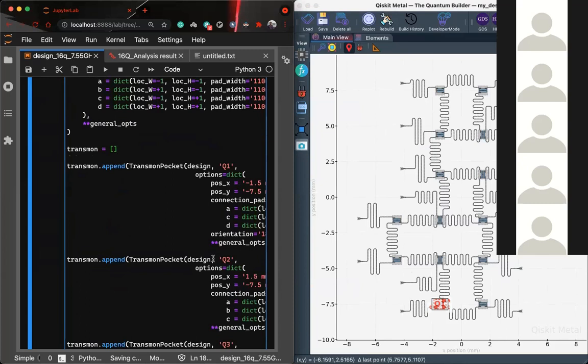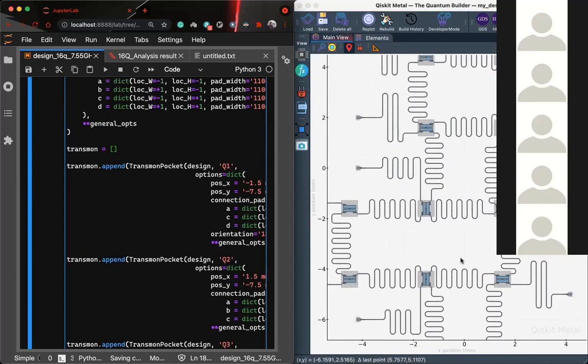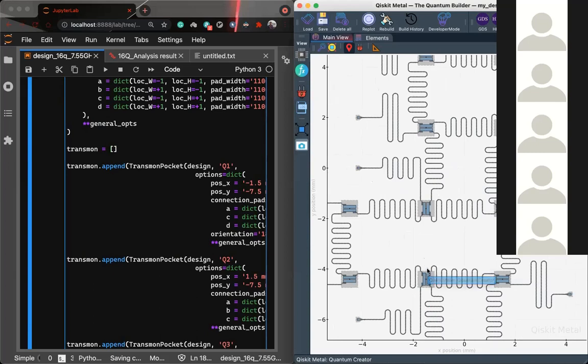Okay, but in real hardware design, you don't. So let's say I send a microwave pulse to this qubit. I don't want this qubit to interact with the other qubit it is connected to. So what I generally do is detune the frequencies of these qubits. So if this qubit is at 5 gigahertz, this qubit would be at some 5.1. This qubit would again be at 5.1 because these two are not directly connected. This one and this one are not connected.